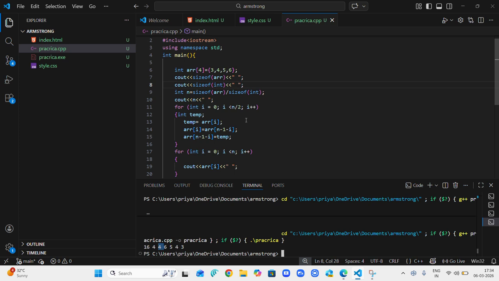And I'm not even including 2. So see, the 0th and first element of the array get replaced by the last elements present in the array. I have used one extra container, you could see over here, not an entire extra array.